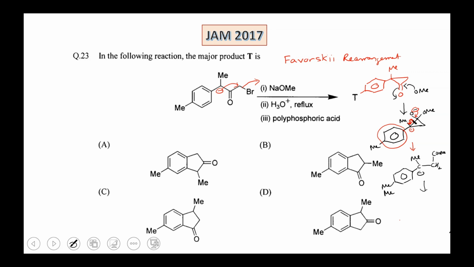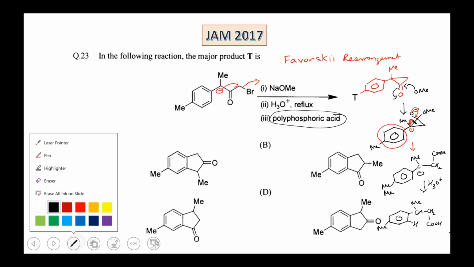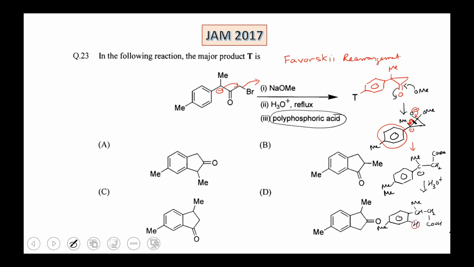Now they have given hydrolysis. So we have proton source and hydrolysis. So what will happen? I'll be having the formation of the CH methyl and I have the ester. Ester will be hydrolyzed to an acid. And as you can see, they've given polyphosphoric acid. And we know that polyphosphoric acid has been used for the cyclization with the aromatic system. So, in simple terms, not exactly in mechanistic view, I can say that I have the removal of water to give you the product, which is